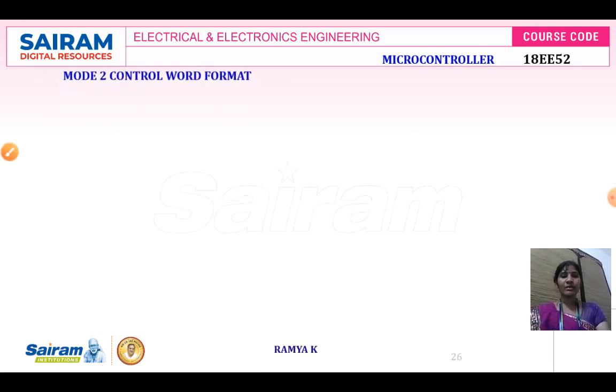So now we have to see the mode 2 control word format. Why this mode 2 control word format is required means, in case we are going to program the interfacing, we have to specifically choose which mode of operation we are going to follow for the interfacing operation. Suppose I wanted to